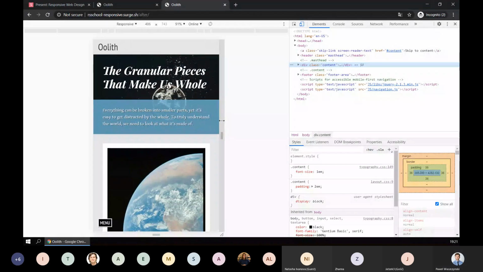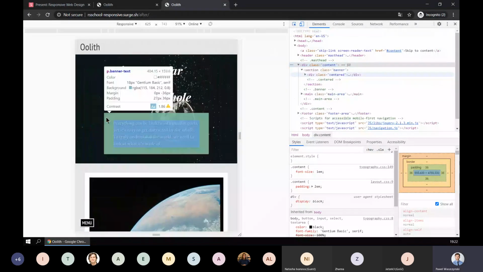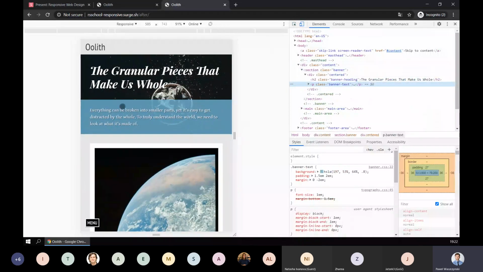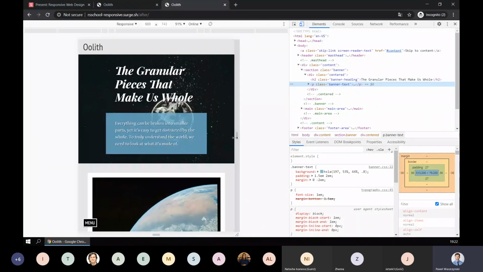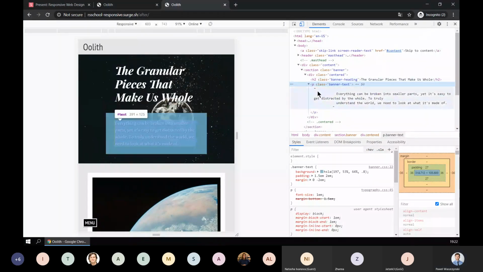So we can increase it, and here that's the first change. We realize that at some point we don't want to have the text span the whole width of the device, but we would like to have it shorter with padding. So we can